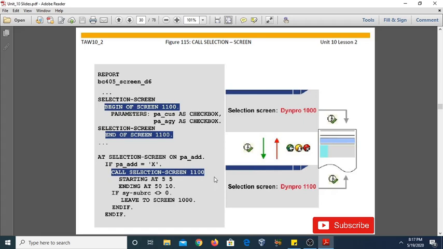One thing I want to tell you here: if the user performs an action on the called selection screen, then the AT SELECTION-SCREEN event is processed.